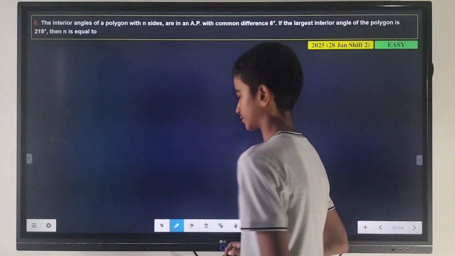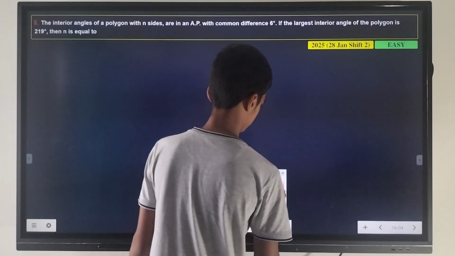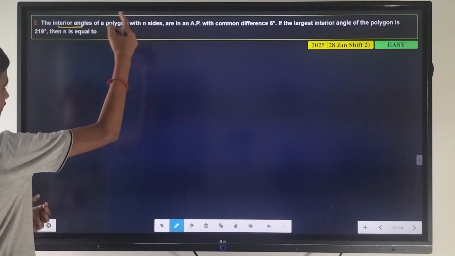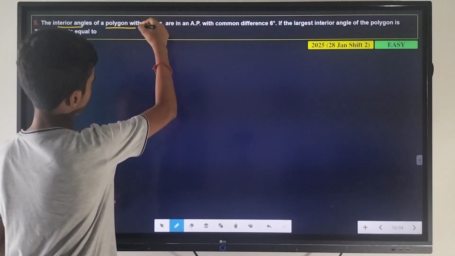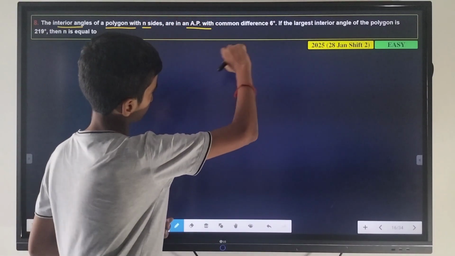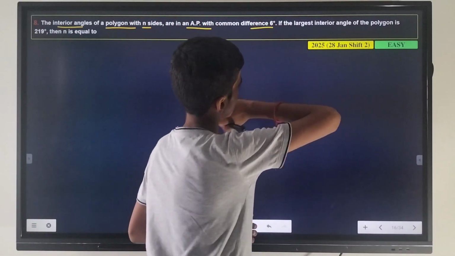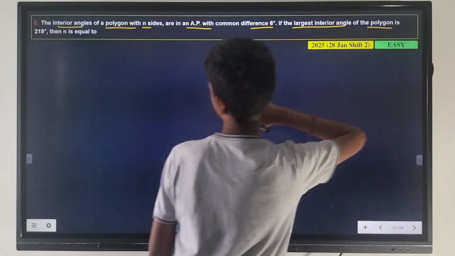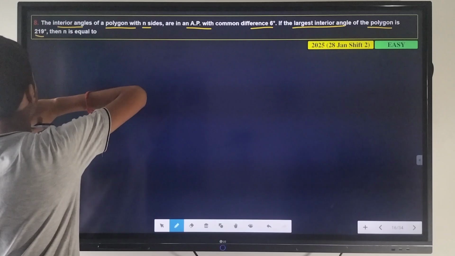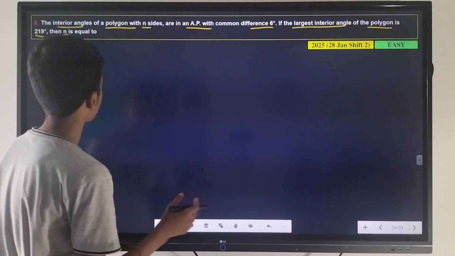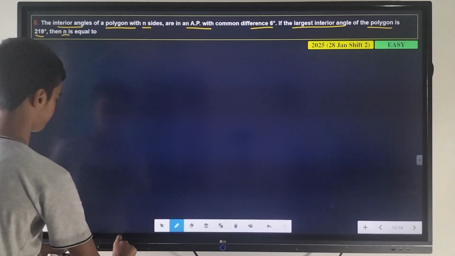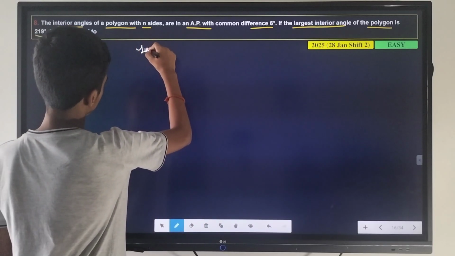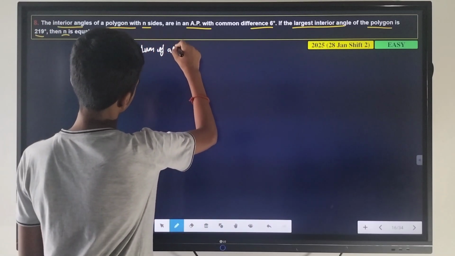This is our next question now. This time our question says the interior angles of a polygon with n sides are in AP with common difference 6 degrees. If the largest interior angle of the polygon is 219 degrees, then we have to find the value of n. So here we will equate sum of all